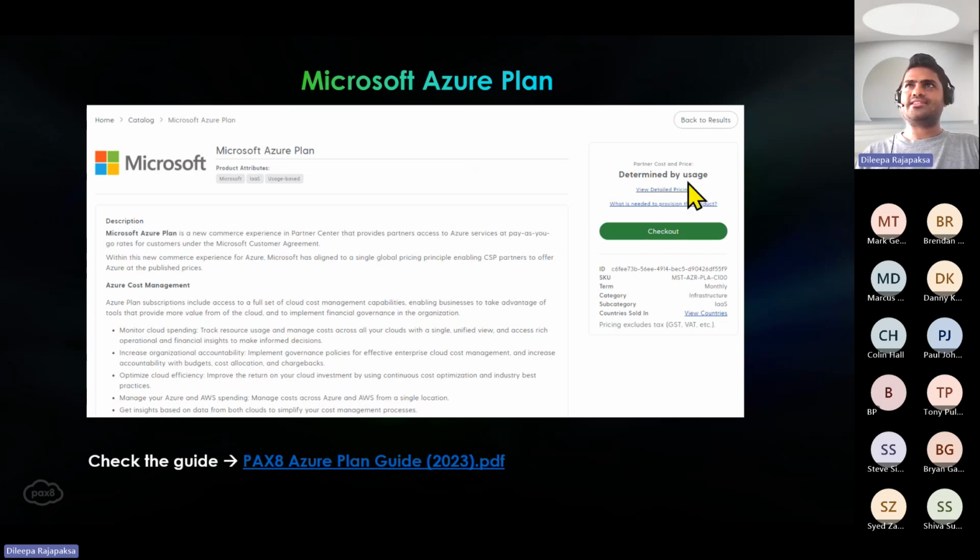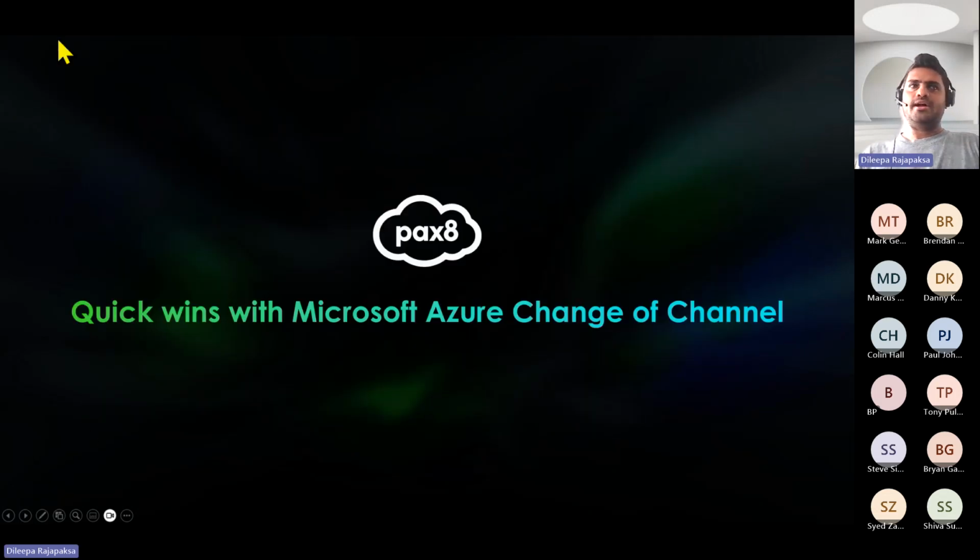There won't be any direct numbers, right? As I earlier mentioned, it's basically based on the usage. Okay, now this is pretty simple. Go to that document and try to utilize it to get your first Azure subscription up and running for your customer. All right. How to get started with the quick wins, like low hanging fruits, using